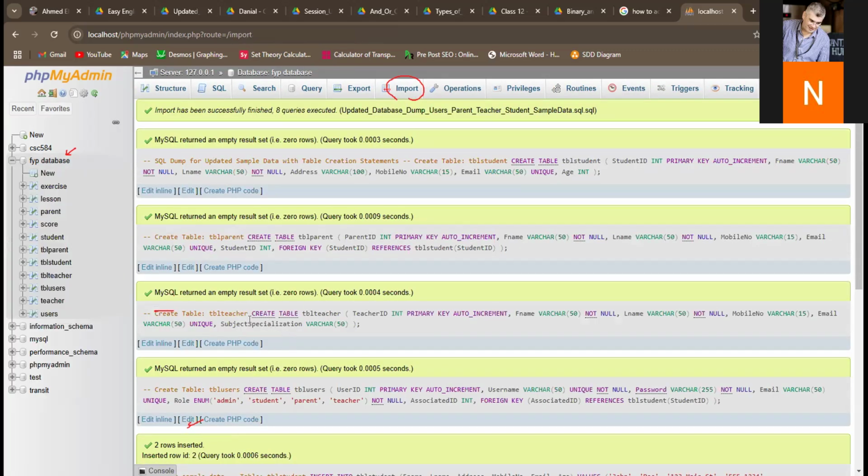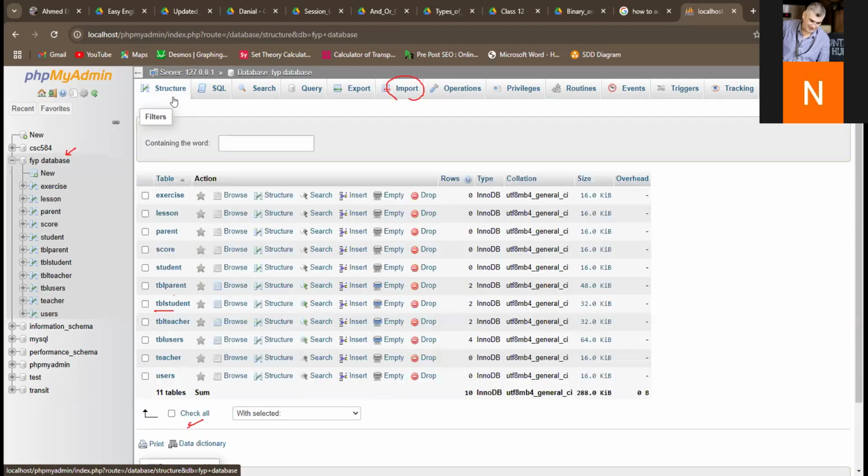Okay. So now can you see what is happening at the moment? Can you go back here to the structure? Yes. Can you see what really happened at the moment? Yeah, now there are two tables. One is starting with TPL for parent, like here, and another one without TPL. So that is actually almost ruined